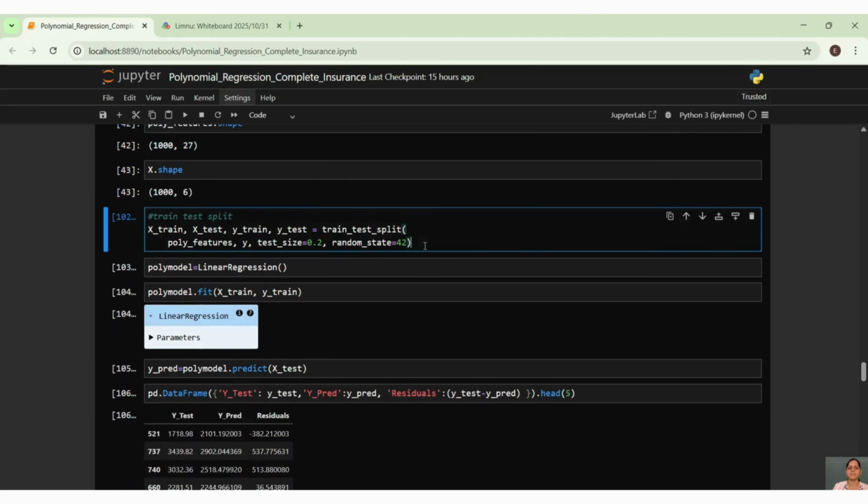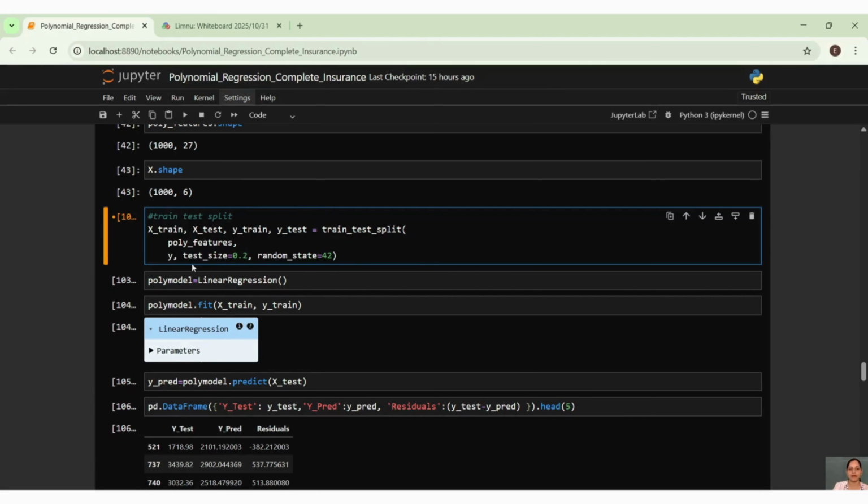Now what is the next step? It's simple. We got our polynomial feature. Now we will go ahead and apply that polynomial feature in our regression model. And what is the step for that? We have to do train test split, and for that I have taken x train, x test, y train and y test. I am just applying my features here.